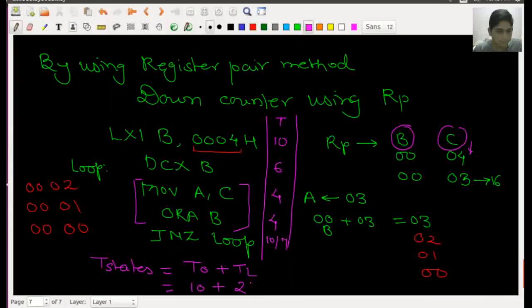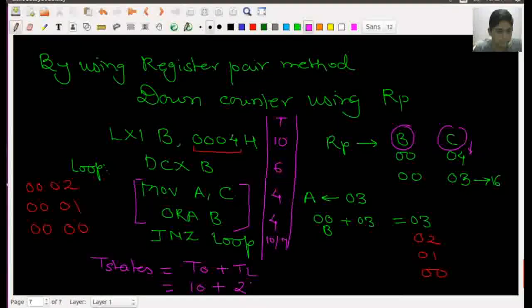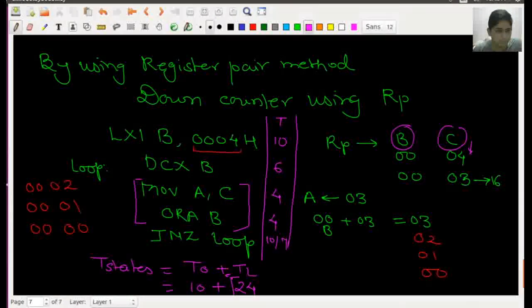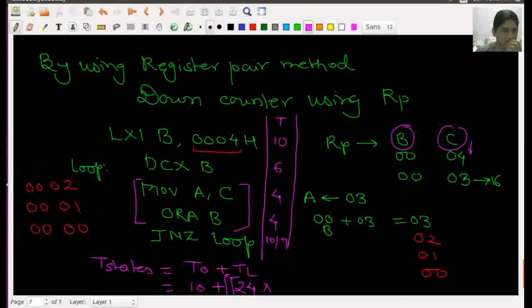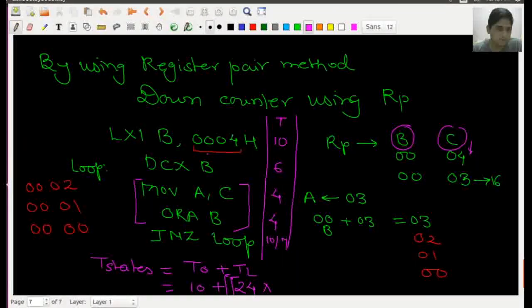This 24 times it will run, and you can calculate the value of this 0004 in decimal. So obviously it is 0004, so its decimal value will also be 4, and at the last it will run for